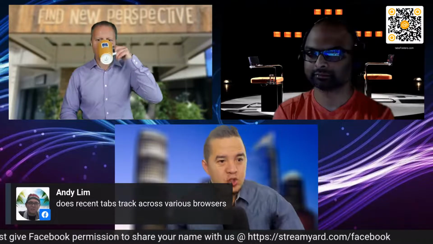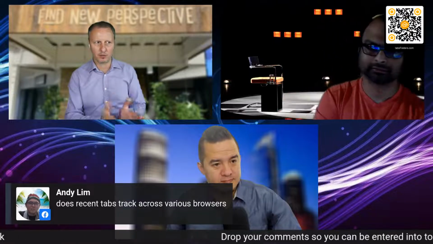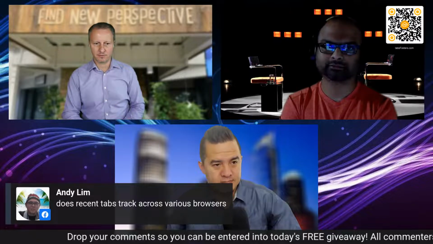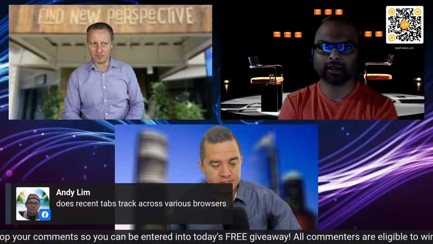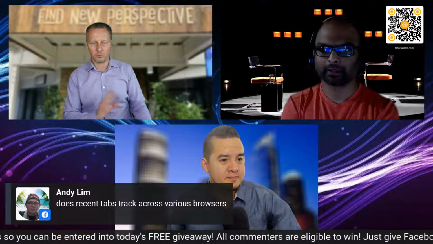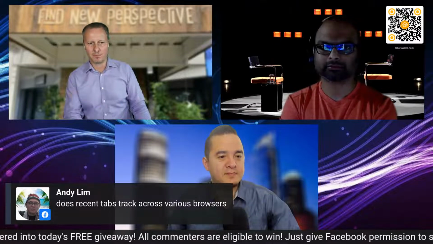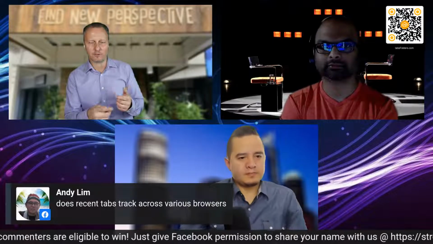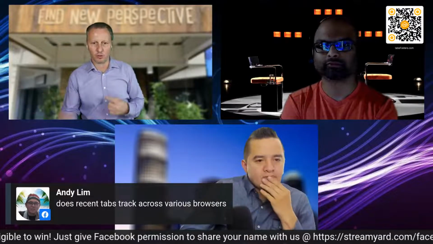Andy, do the recent tabs track across various browsers? No. So currently it's only the current device. It's not across all browsers. Because when you double click on the tab, it has to be able to open in this browser. TabsFolders can't jump across and control another browser. At this point, I guess we could,